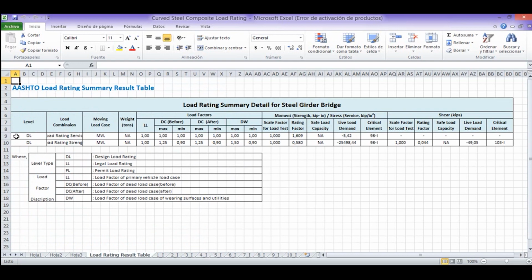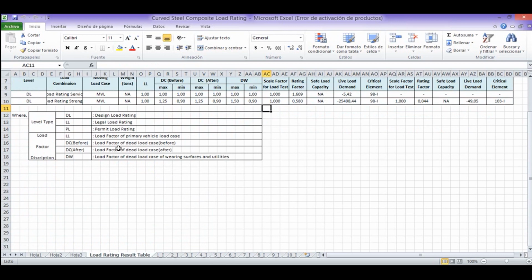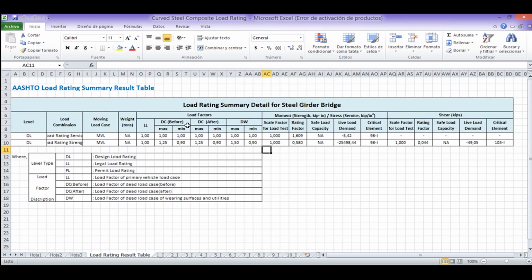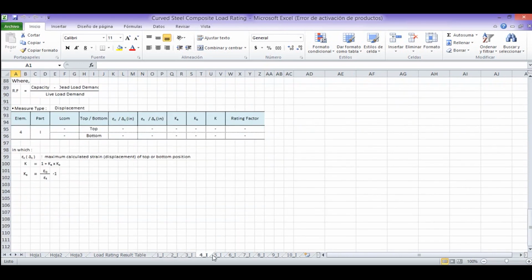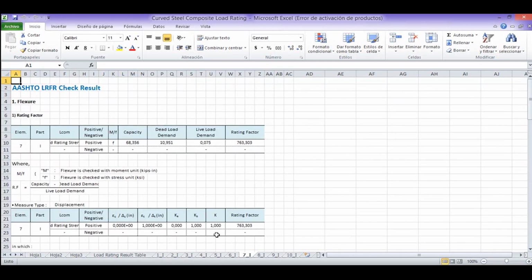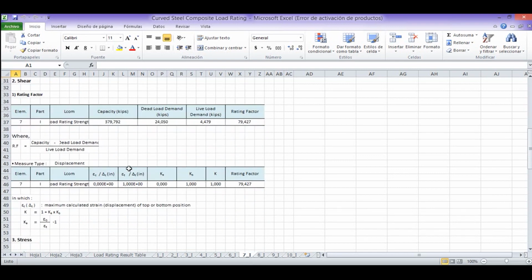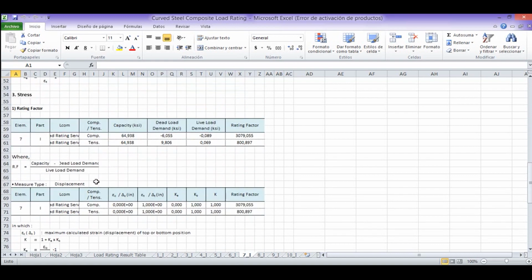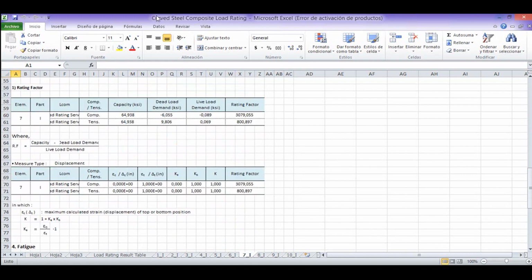You can also select or generate a summary for the load generated. And here, as you see, these are the load factors that were applied to the load cases. This is something that the program automatically generates, and those factors you have to eventually present, so you might as well just do them here. And the program gives you the separate information for each one of the elements that you selected. So from there you can select the most critical one and generate a report like this one with the equations and the checks used for the standard AASHTO.